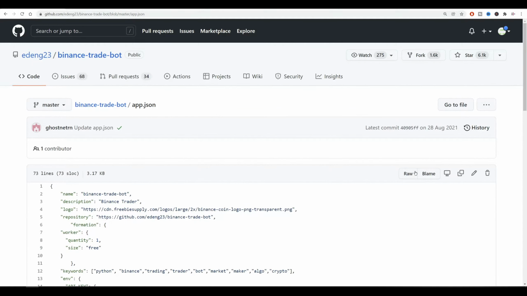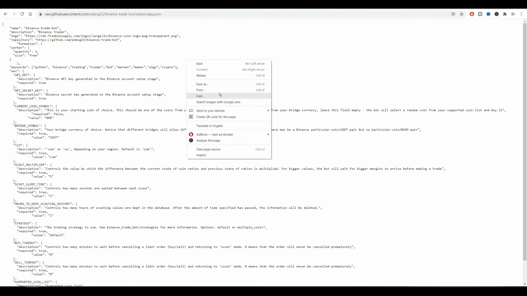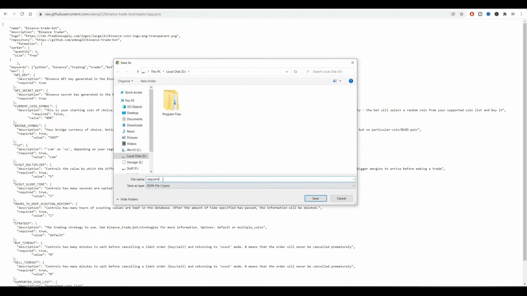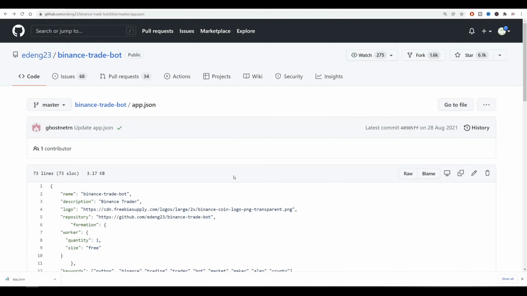The way you can do it, you can just click on raw and then you have the file up. So JSON, you're gonna right click, save as, and as you can see, the file is gonna be downloaded like this. The other way that you can download the file is if there is like a